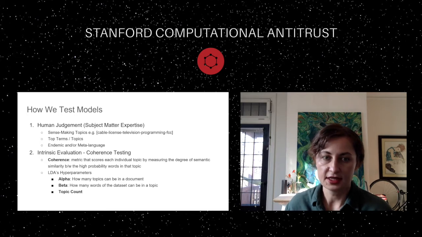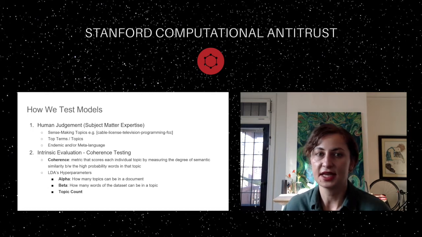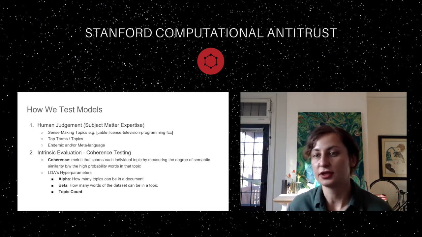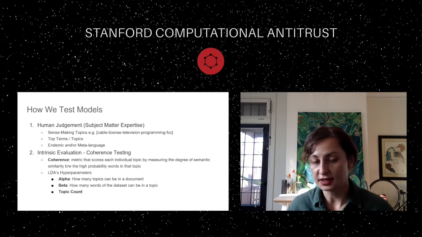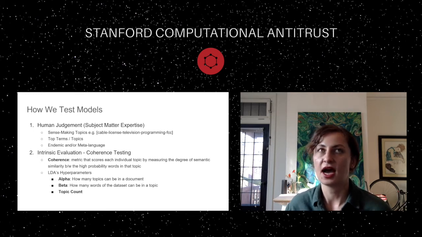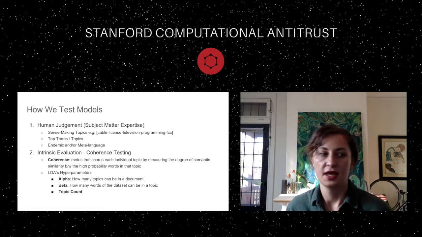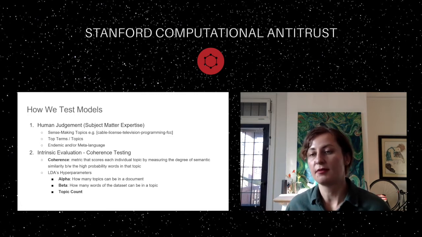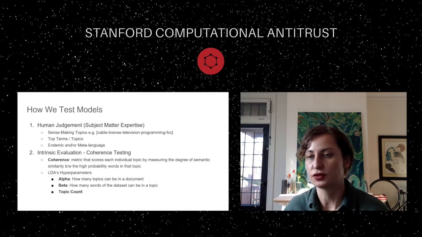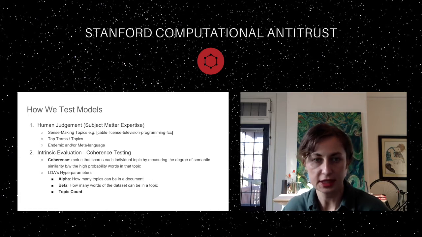For Felix's data set, we found that the range of coherence metrics was actually pretty tight. It seems that case law as a data set, compared to other data sets we work with at the DSC, like news media text or even academic journals, has a lot higher coherence scoring across the board. And I think that really speaks to the linguistic hyperstructure of case law. That helps us pick the best hyperparameters for a data set, so we have a stronger, more coherent model in an algorithmic way and also based on our subject matter expertise. And we'll leave it at that.